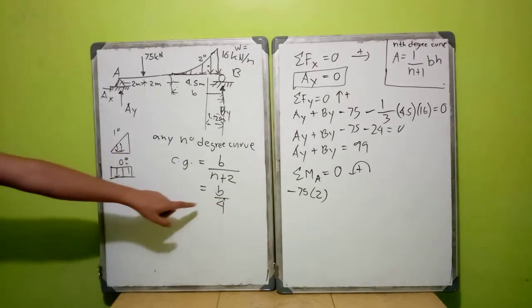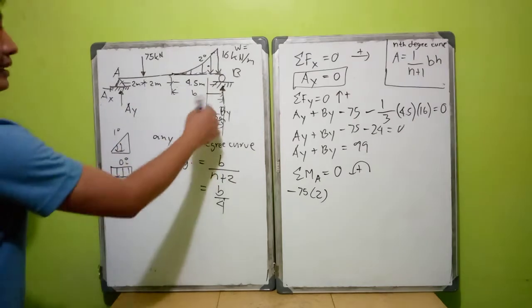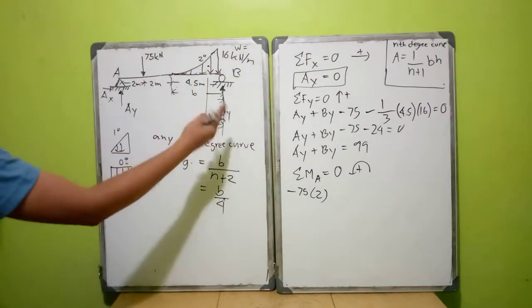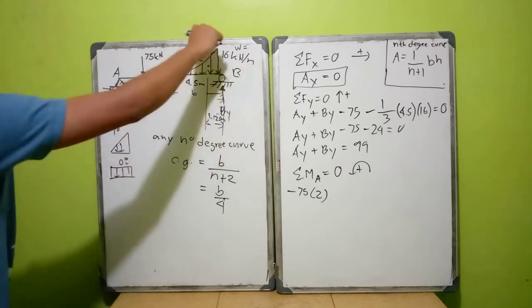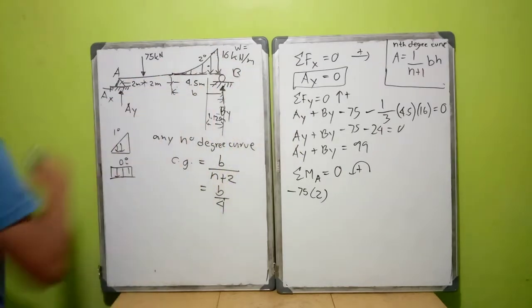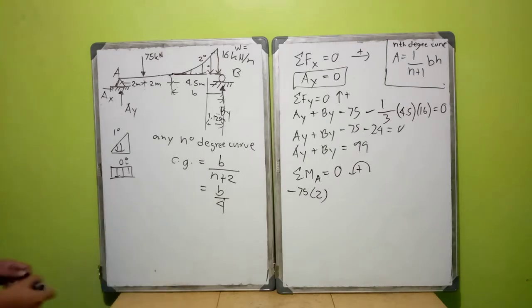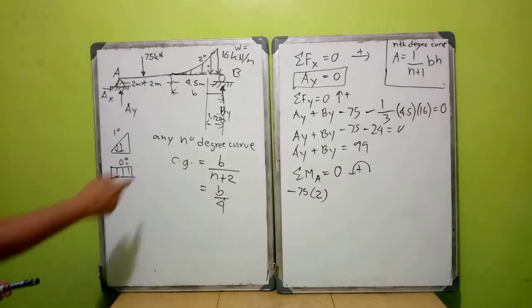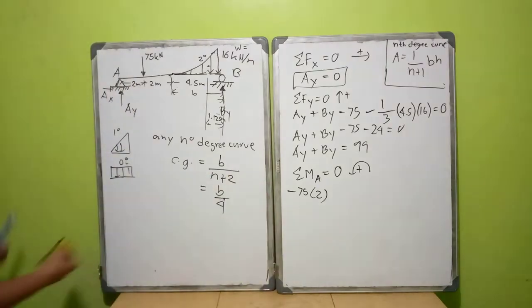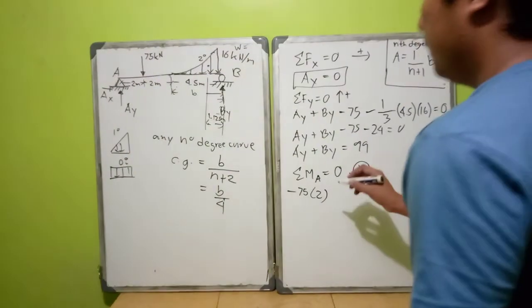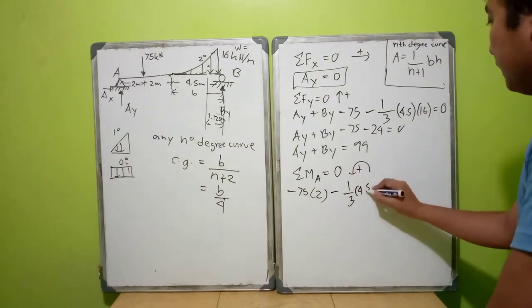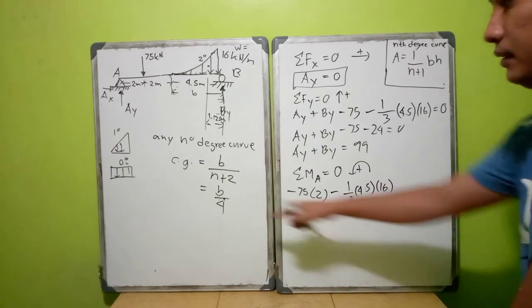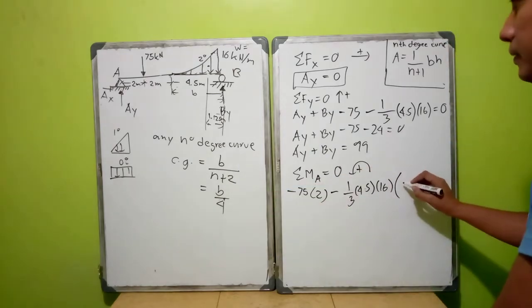Okay, so that is the formula, but base it from the right side. From the bigger, since this is increasing, the right side is here, B over 4. So that is it. Please do remember this formula, because I will erase this one. Later, we have the area, which is 1/3 times 4.5 times 16 times B over 4, which is